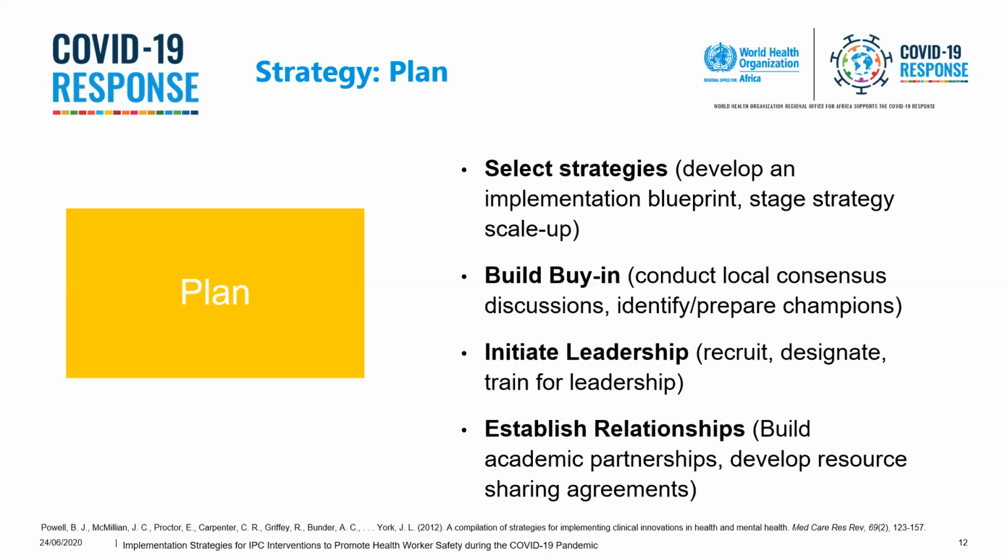So in implementation science, we like to start out a little bit slow, make modifications, and then once we have the modifications, expand exponentially. And I'll talk a little bit more about that. Of course, we can't do anything without having our buy-in, which is very important in terms of local consensus and making sure that leadership and our community authorities are well aware of our strategies. And then, of course, establishing relationships.